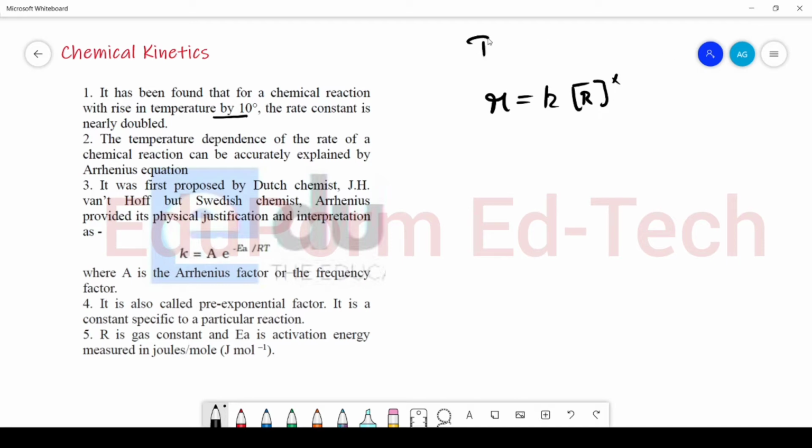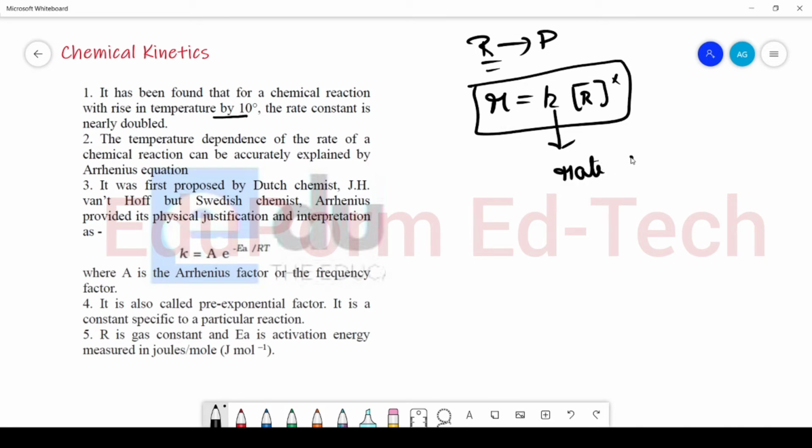where the reaction is R gives P and R is the reactant. In this equation, k is a constant called the rate constant. Whenever we increase the temperature by 10 degrees Celsius, the rate constant gets doubled. The temperature dependence of the rate constant of a chemical reaction can be accurately explained by the